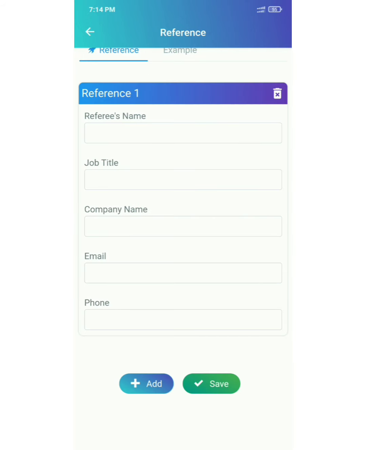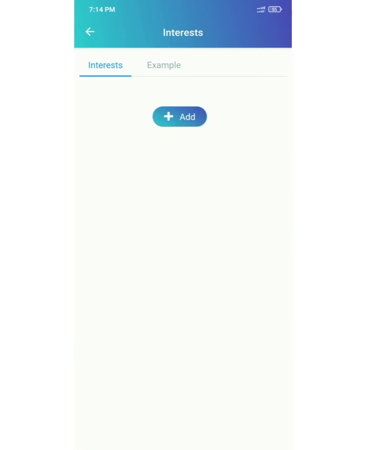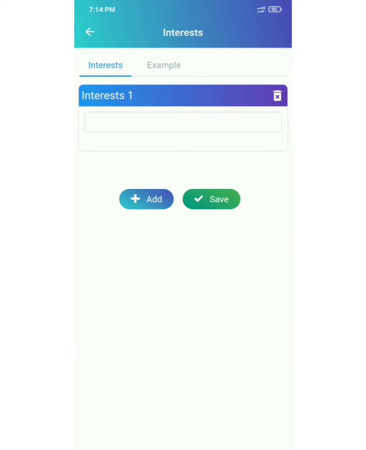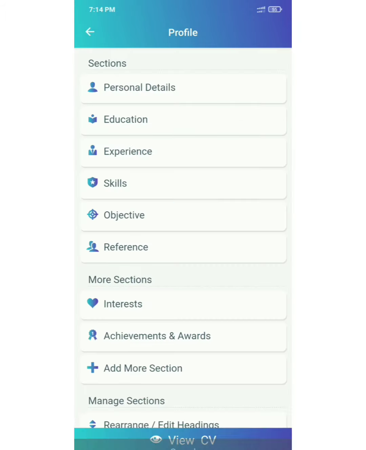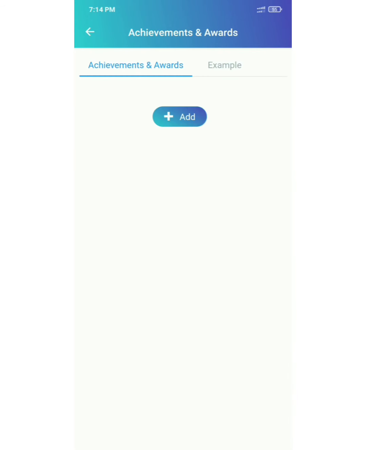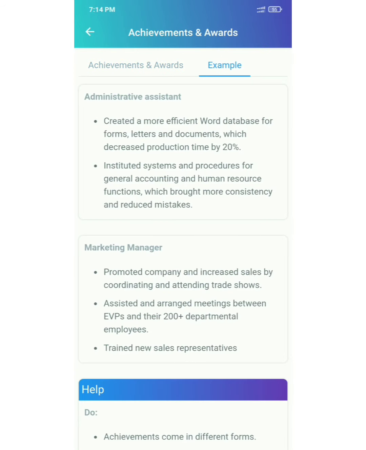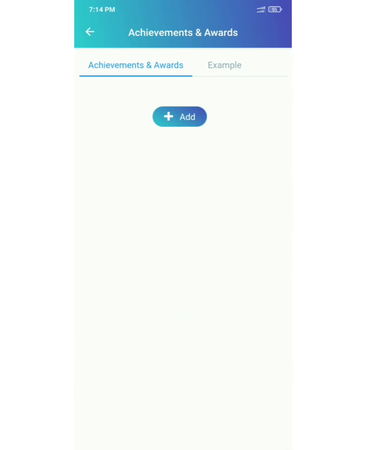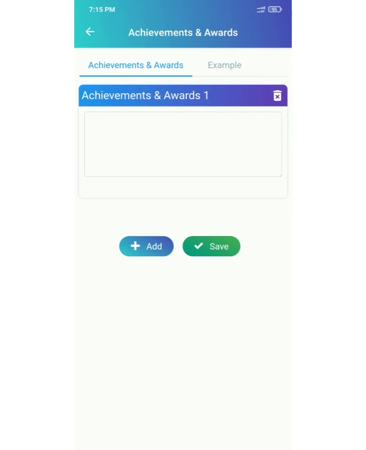Now let's move to the interest part. Here you can enter your hobbies which will help you to grow in that particular job. Also you can mention some of your personal interests, like for me it's elocutions and speeches. So you fill some hobbies like this and save your details. While filling the achievement section, try to be more specific with your awards. I know we have worked very hard for them and we want to brag about it, but keep it a little official and mention the prestigious achievements that you have. It will help you to create a positive impact.